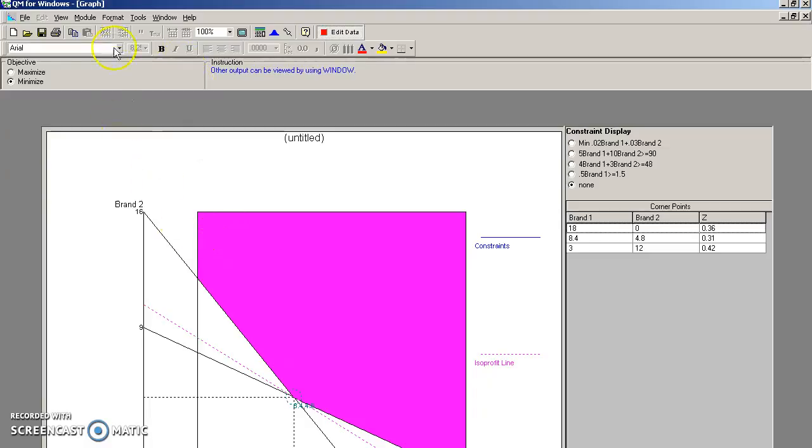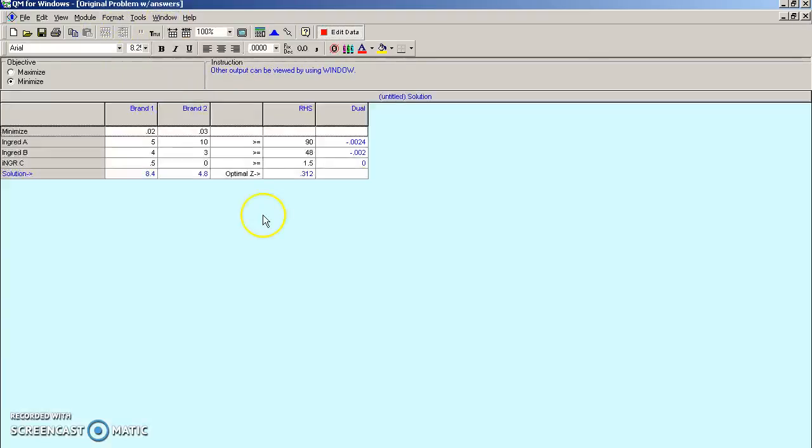The last thing that I would like to do is just go back to the window. And so you can see that given our two products and our constraints, we should give our turkeys 8.4 ounces of brand 1 and 4.8 ounces of brand 2 at a total cost of 32 cents, if you round up,